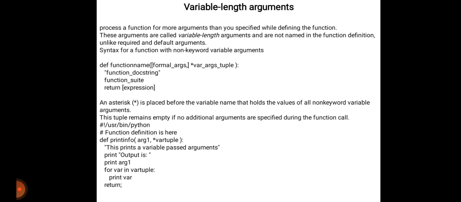Now you can call the printinfo function: printinfo 10, and printinfo 70, 60, 50 in this manner. When the code is executed, you get the output in this manner. First of all it will print 10, and in the second output 70, 60, 50, 40, 30, 20, up to 10. So in this way it works.